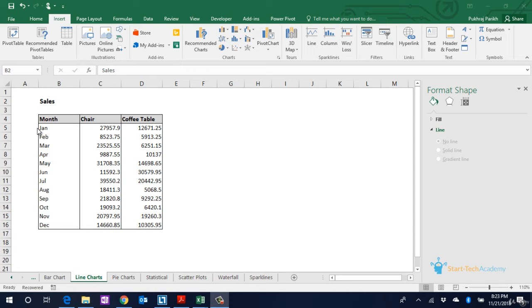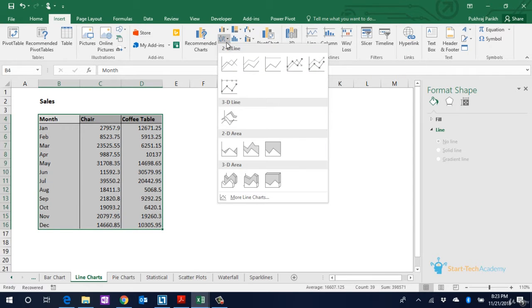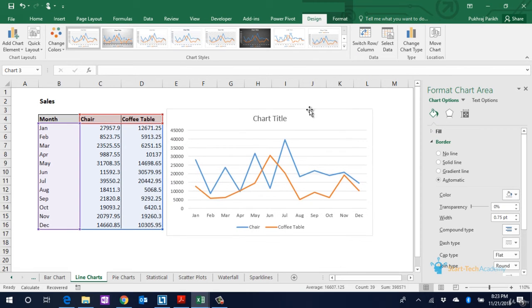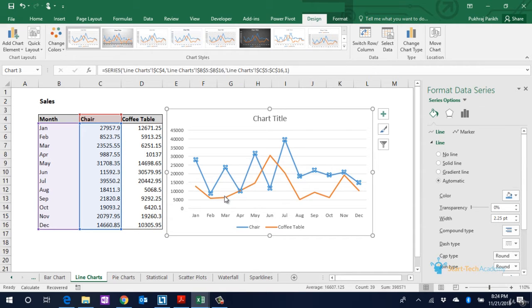To understand it clearly, let's take an example. Here we have a monthly sales data of chair and coffee tables. We can plot a line chart by selecting the data, going to insert, pick the first line chart. You can see that we have two trend lines. One is representing chair sales, which is in blue color, and the other is the coffee table sales, which is